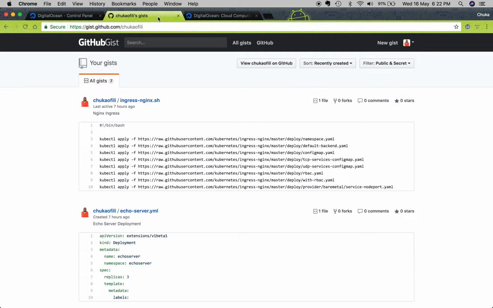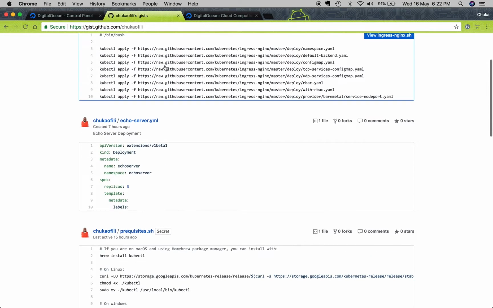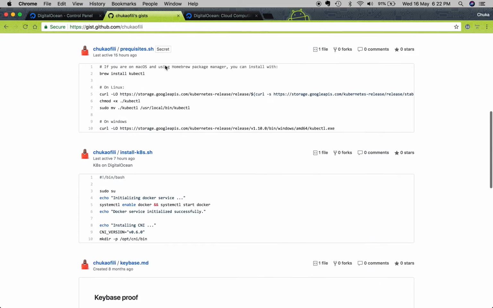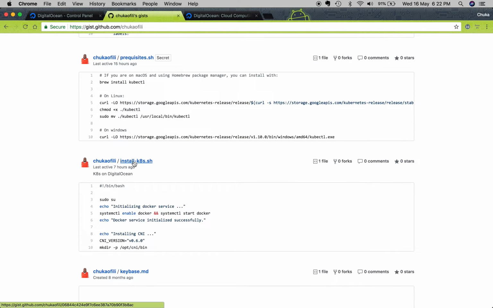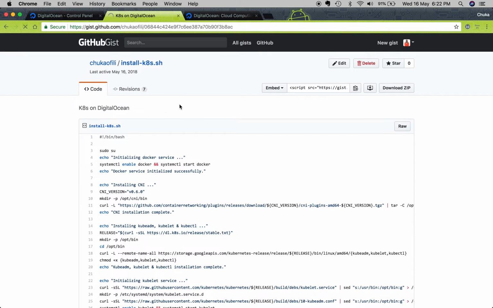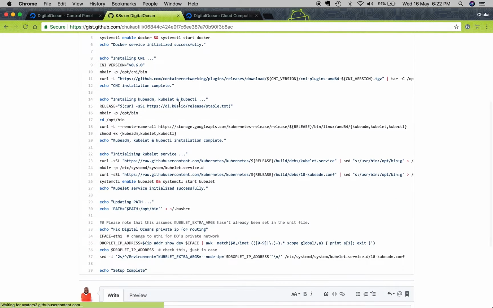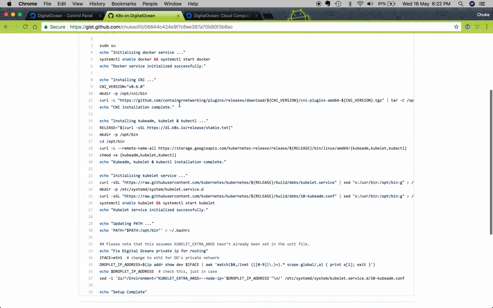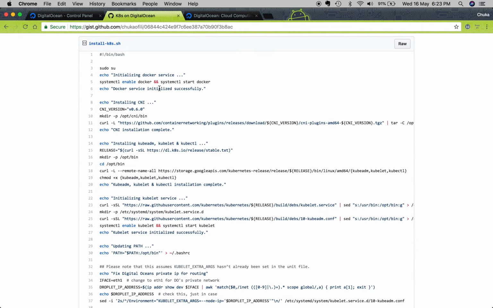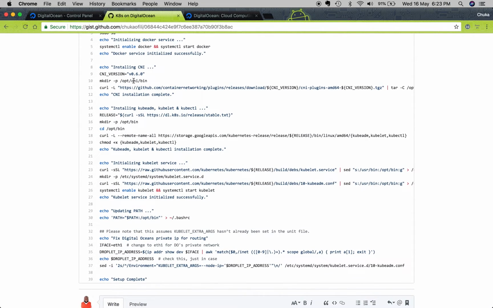That's github.com/chickalfidi. Try and grab the install scripts. So just look for install-k8.sh. I could quickly run through what this script does. Essentially, it enables the Docker service, installs the container networking plugin, installs the kubelet service, the kubeadmin tool, which is what we're going to use to provision the Kubernetes cluster, starting the kubelet service